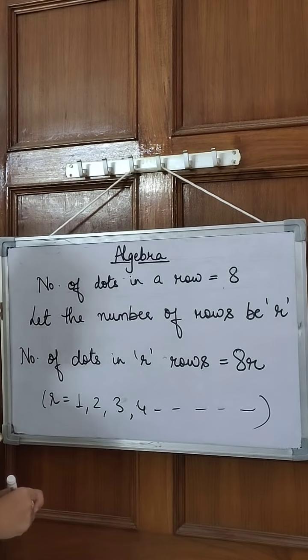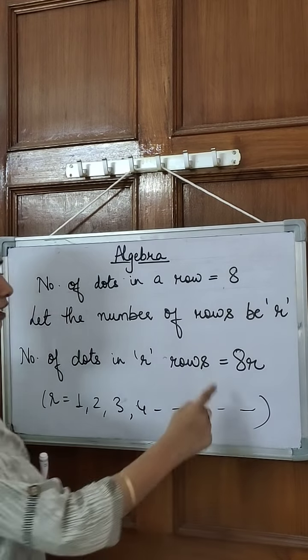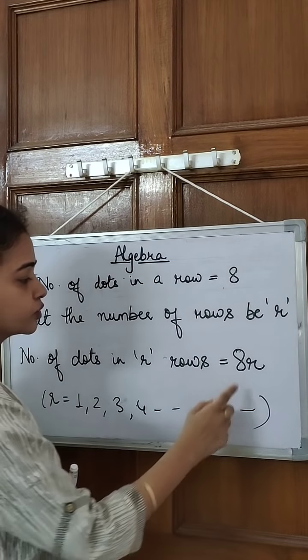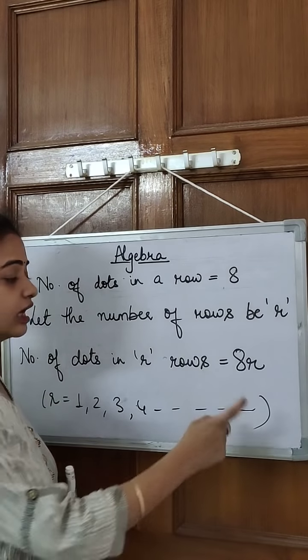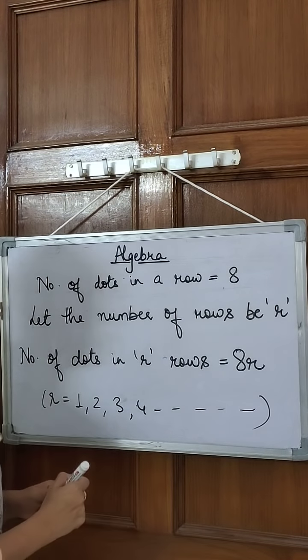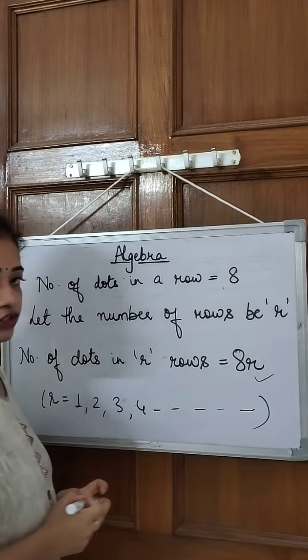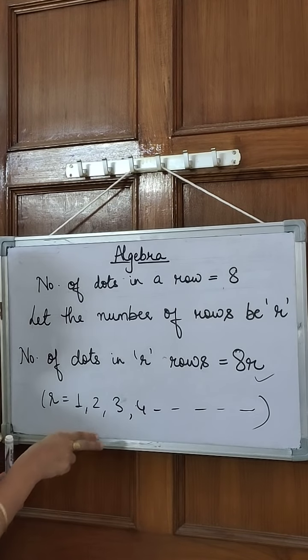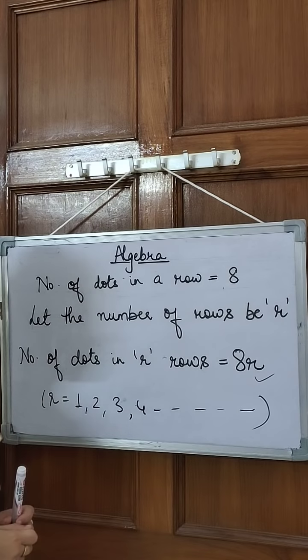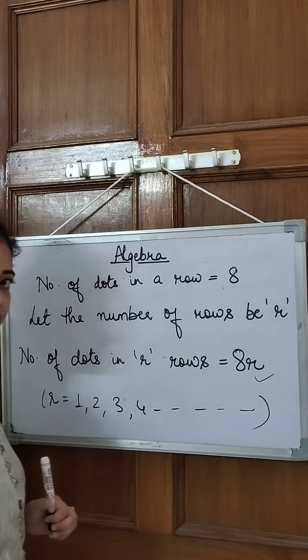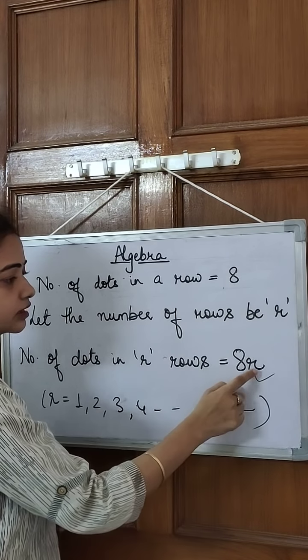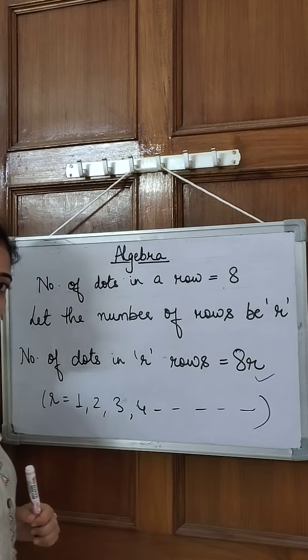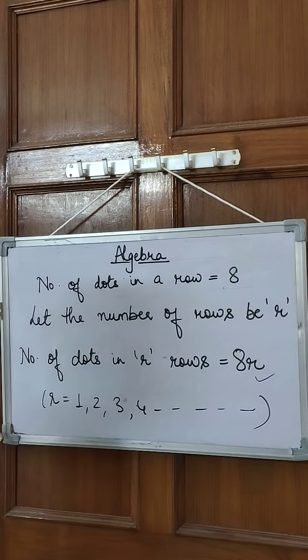Any number. And whatever number you say, if you say number of rows is 100, I will do 8 into 100. If you say number of rows as 150, I will do 8 into 150. So this is a general relation that we have developed between the two quantities, the number of dots and the number of rows, and it is 8r. 8 is constant, the number of dots is constant and rows can vary, so it is represented with a variable r. I hope this is clear to you. Now let's come to the next question.